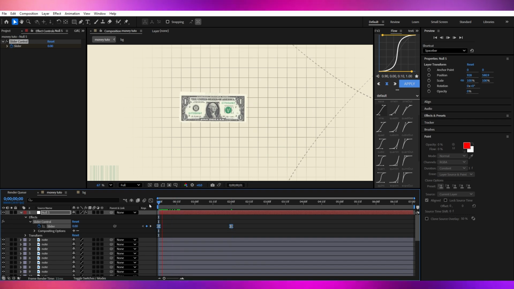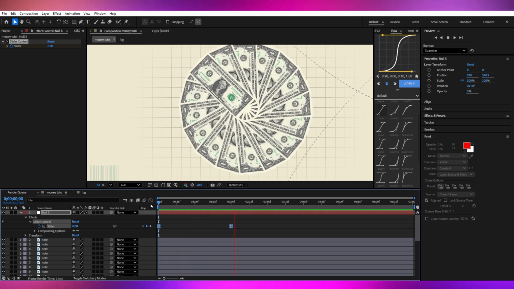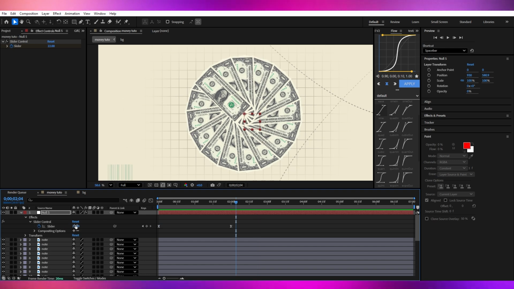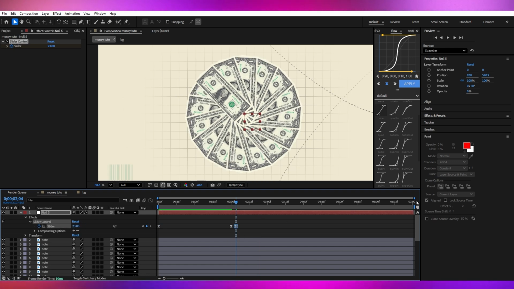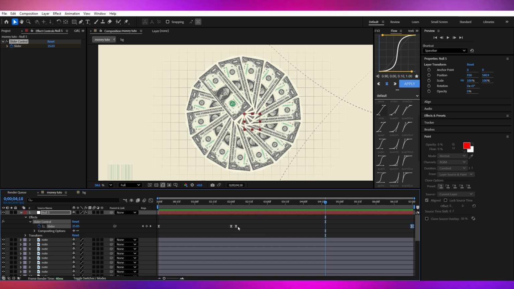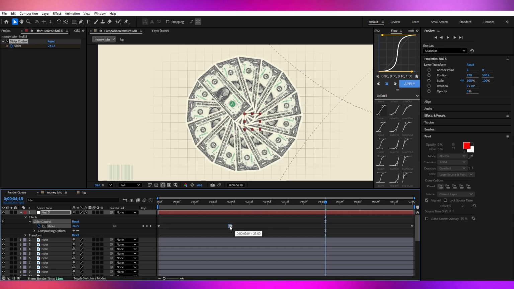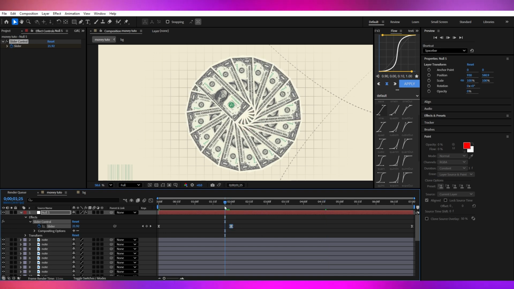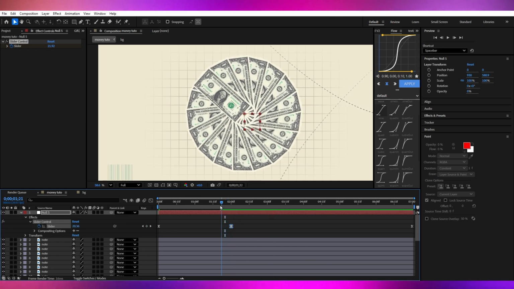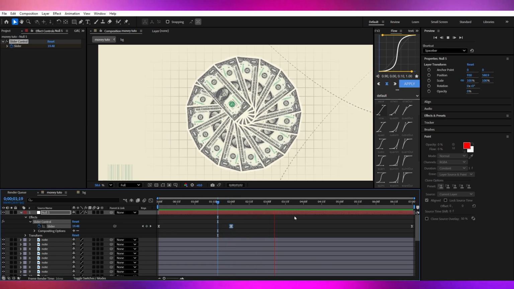Let's preview it. Looks great, but the movement stops too soon. To keep the rotation going, we'll add another keyframe. So add a new keyframe and set the value to 23. Then create another keyframe at the end, around 24. Now drag the third keyframe and place it over the second one, and voila, your continuous money rotation animation is